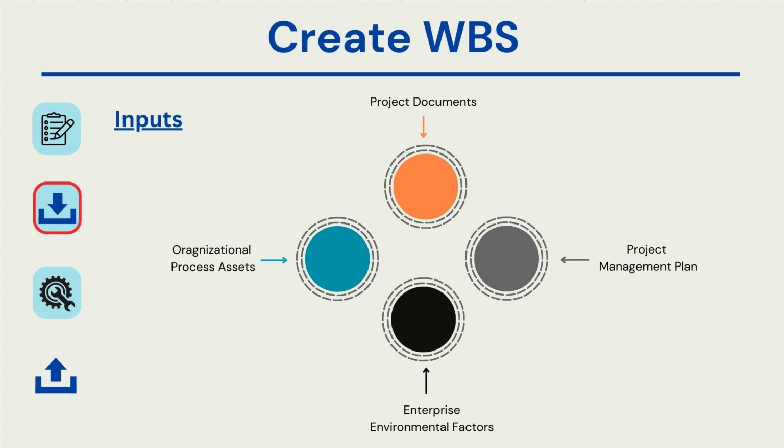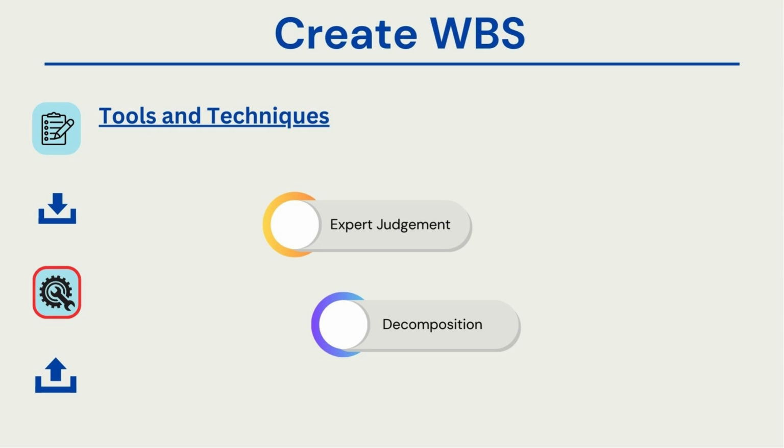What kind of tools and techniques can be used? When it comes to creating a WBS, there are a couple of things that we can do. The most important technique here is decomposition. As the name suggests, decomposition is all about breaking down larger requirements into smaller ones. Whatever scope item you are working on, try to break it into smaller pieces, which we call work packages. A work package is small enough to be completed within approximately 40 hours or so.